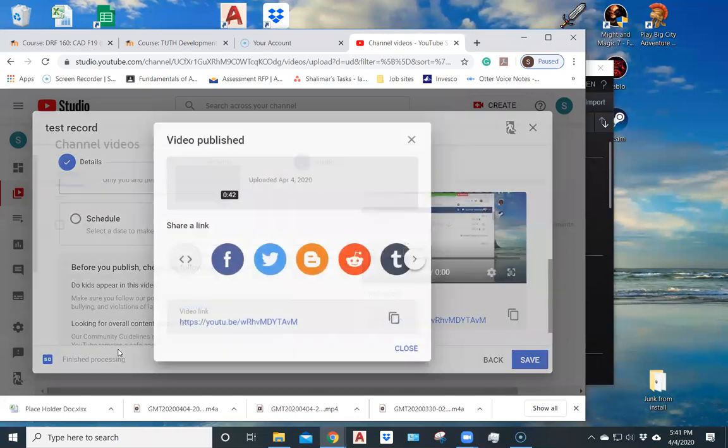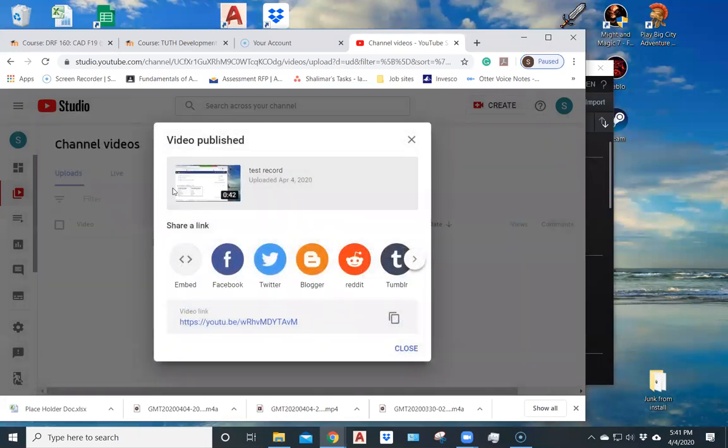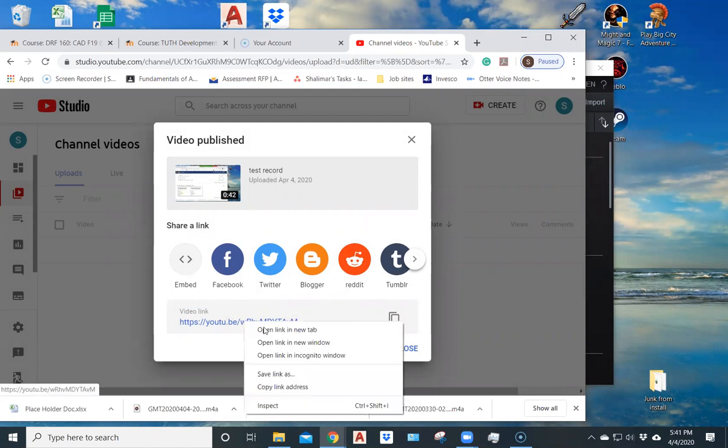And you're going to see that it's finished processing because it was a short video. Sometimes it'll tell you it's still processing. At this point, you have a link to where your video is on YouTube that you can copy. You could share it to Facebook or Twitter if you wanted to. You could get embedding code if you want to be able to embed it into a blog or Moodle or something like that. I just put a link in the URL section of Moodle. So I will copy it